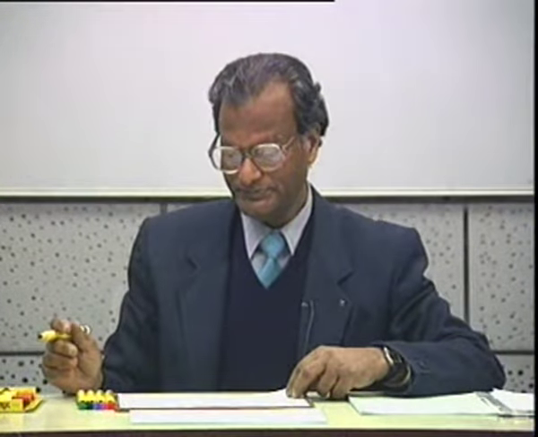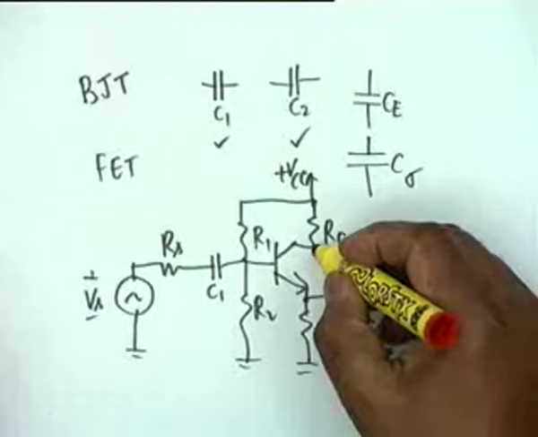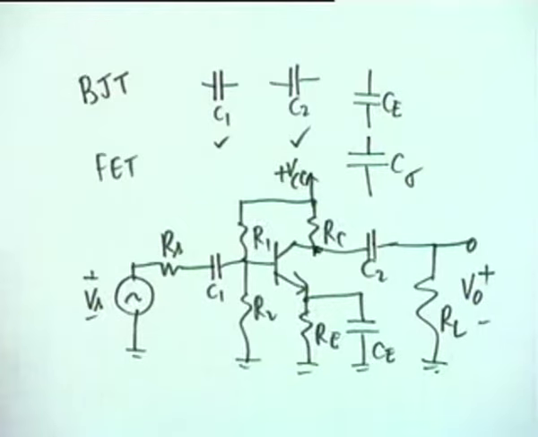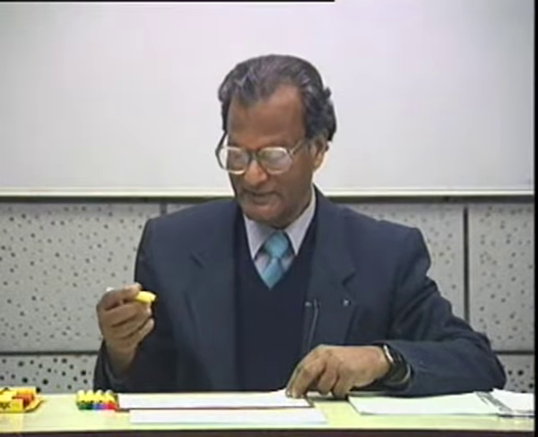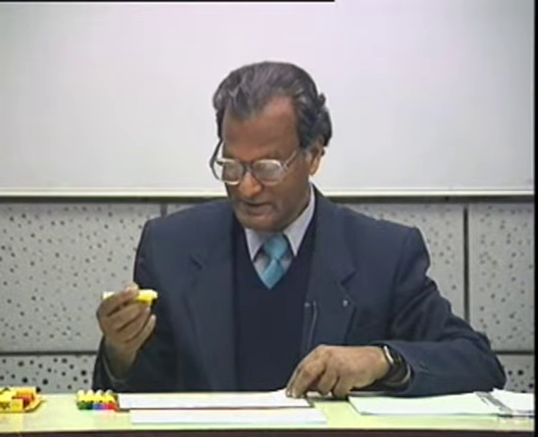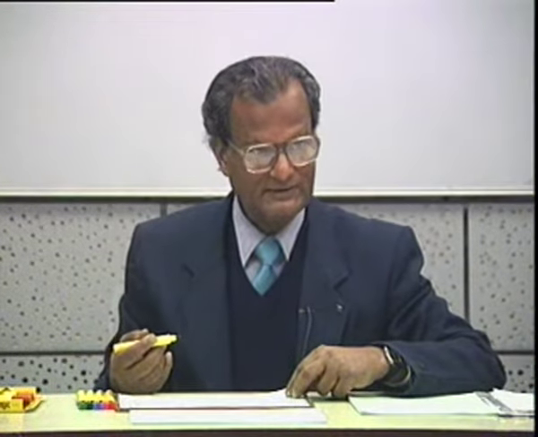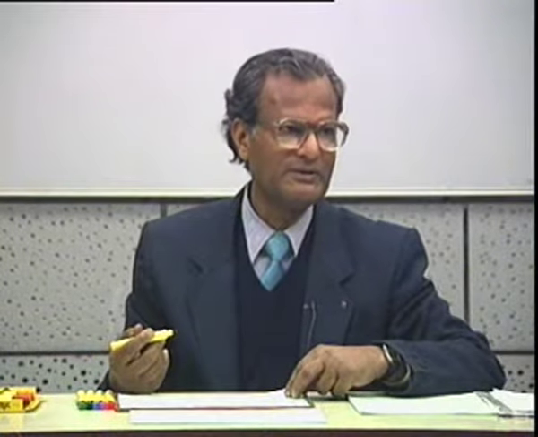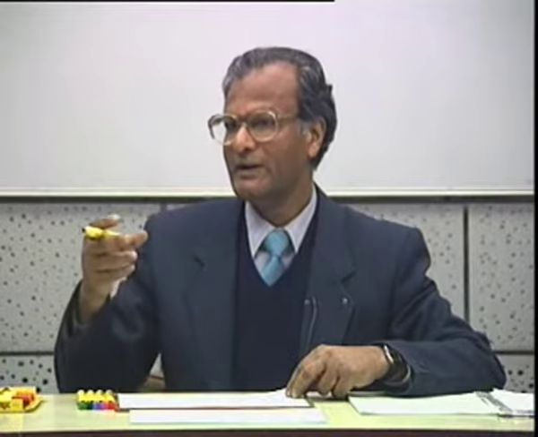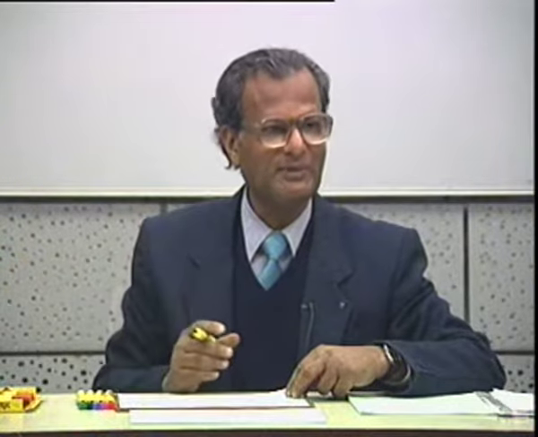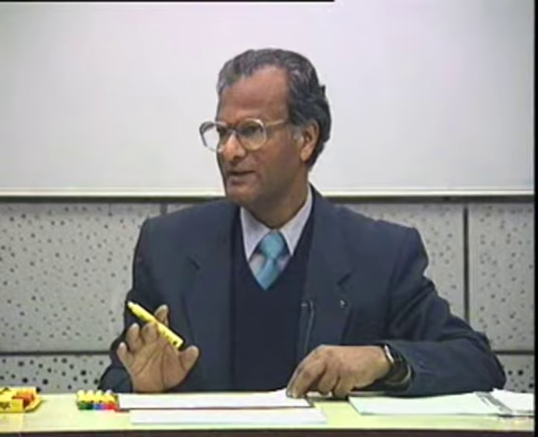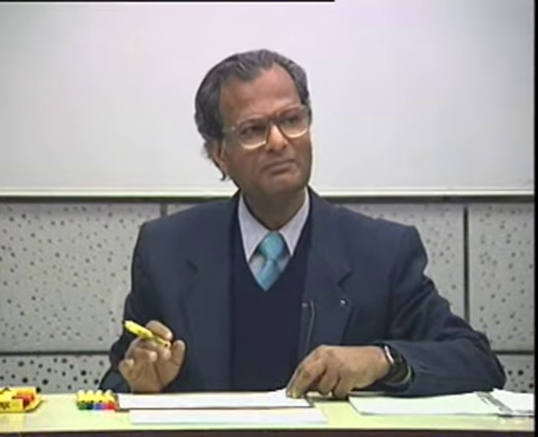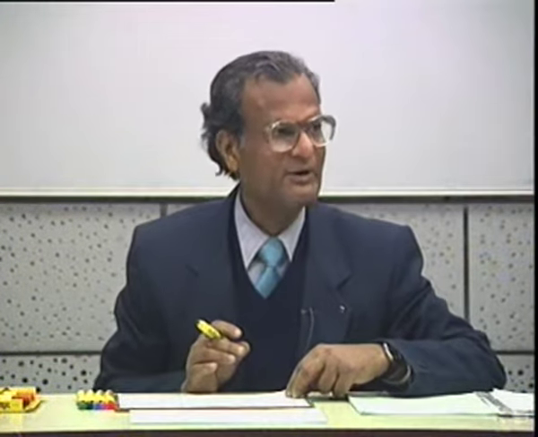Now a few qualitative remarks before we go to the actual analysis. You notice that there are three capacitors, and if we draw the equivalent circuit, you will see that these capacitors are independent of each other. C1, C2 and CE are independent of each other. One does not affect the other. They are not connected in series or in parallel that we can combine. Okay, they are independent capacitors, and therefore what we expect is that there shall be three poles corresponding to three